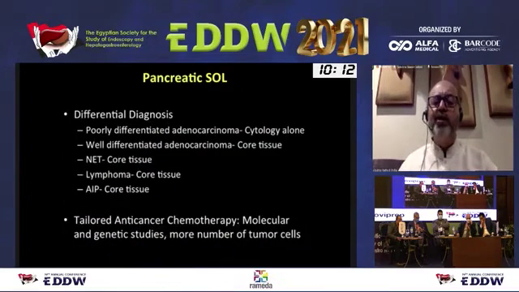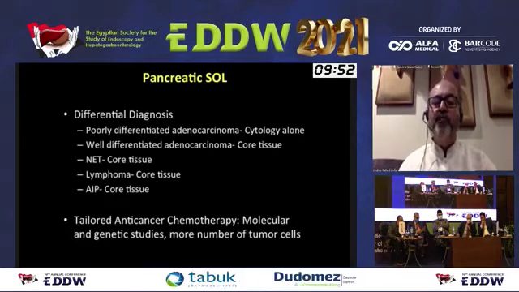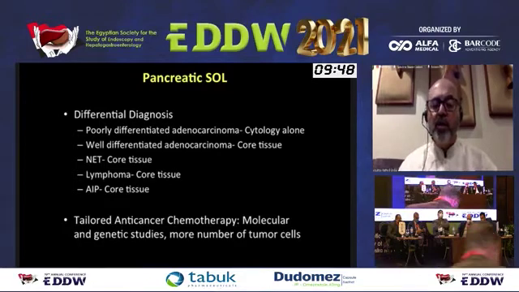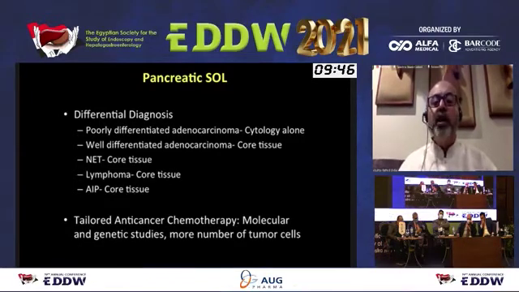So when will you want a cytology? If you have a poorly differentiated carcinoma, then cytology itself is enough. If you are not going to do molecular analysis and further studies, then cytology is enough. But if it's a well-differentiated adenocarcinoma, core tissue is important. Neuroendocrine tumors, core tissue is very important. Lymphoma, same applies, core tissue, and autoimmune pancreatitis also will require a core tissue, which allows us to properly plan